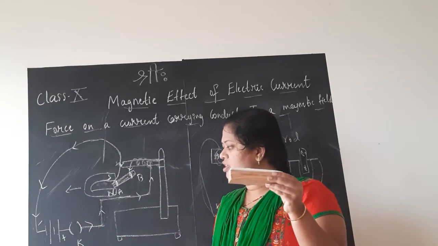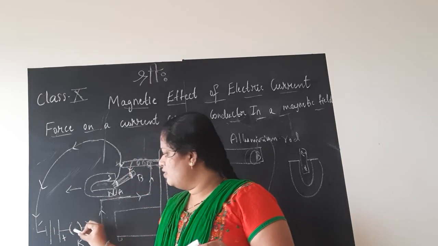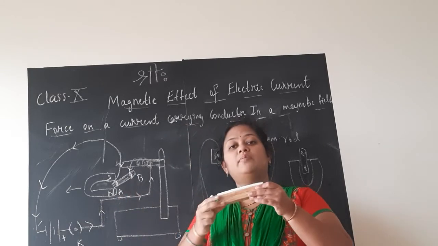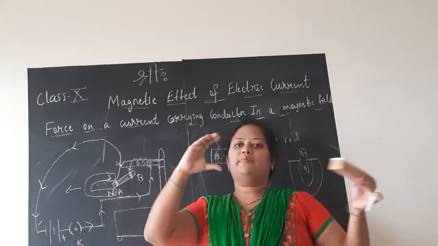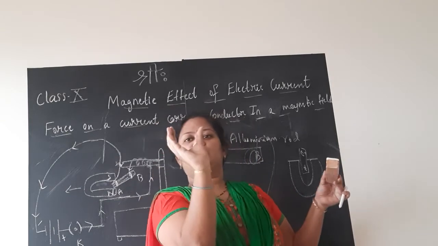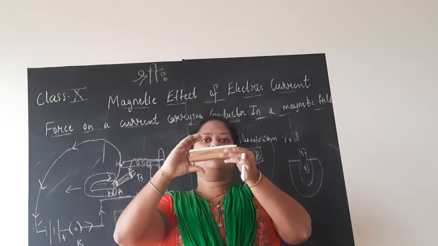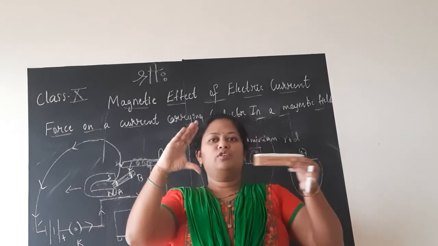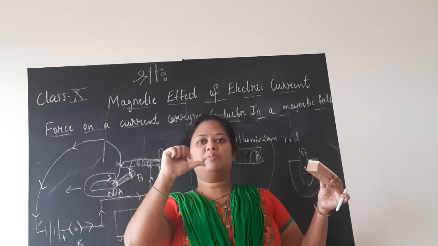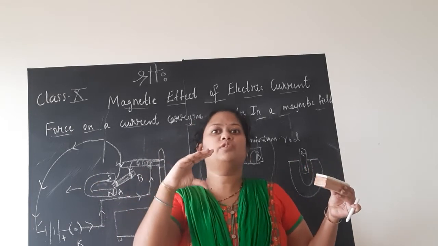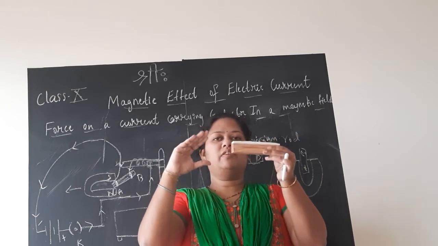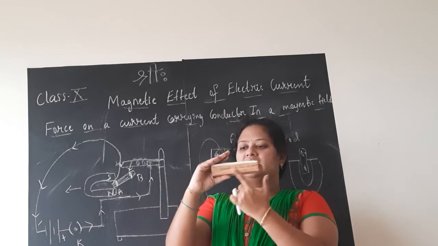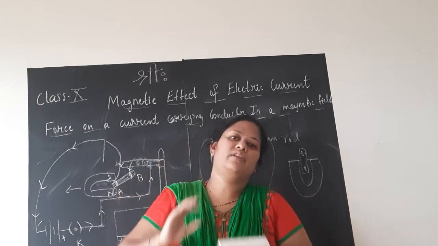Now, what happens when I switch on the circuit? The current will start. When I switch on the circuit, what will happen? Now, this aluminium rod is placed in such a way that, suppose this is a horseshoe magnet, my hand. The conductor is placed inside the magnetic field; we will not cut open the magnet and place it. According to the figure, my thumb is the north pole, whereas the other four fingers are the south pole. So, between the north and south poles, we place the aluminium rod with end B this side and end A this side. This is the circuit arrangement.